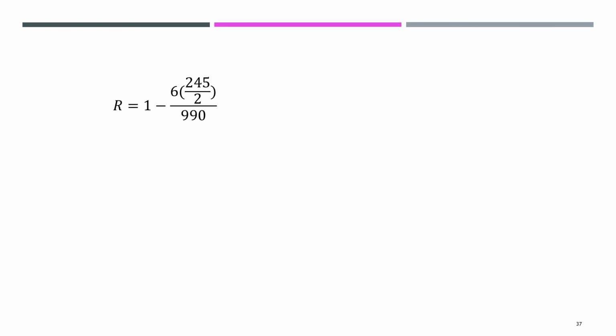Substituting in the formula for capital R and calculating the corrected rank coefficient of correlation, it comes out to be 0.2576. Again, there is a positive correlation. The value also lies between minus 1 and plus 1.